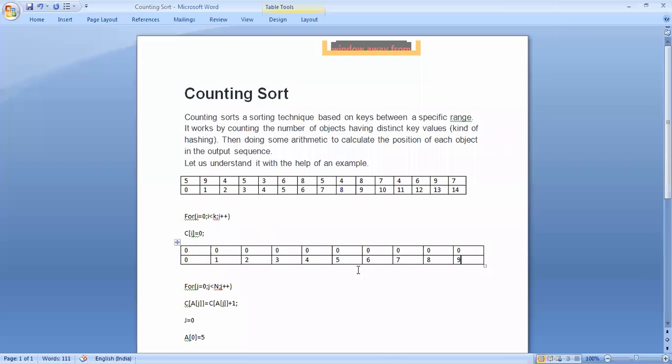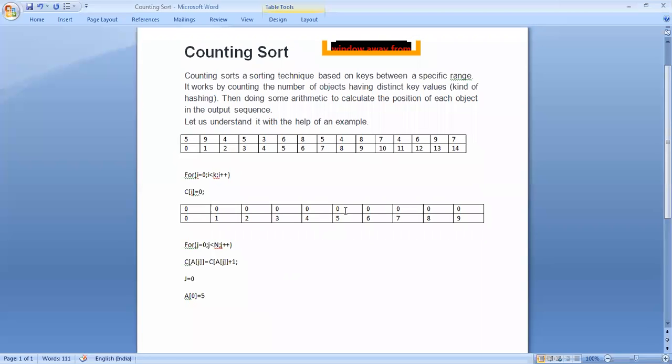So now c5 value is increased. c5 value is 0, so 0 plus 1, so that's why here 1. Okay, clear? क्यों यहाँ पे 1 हुआ?